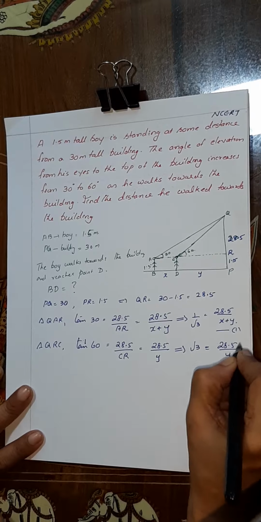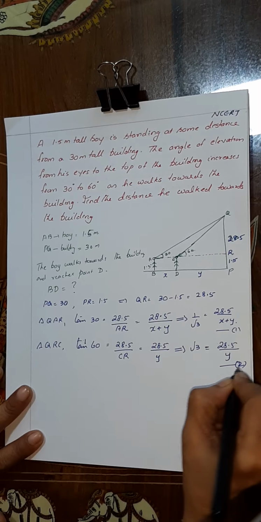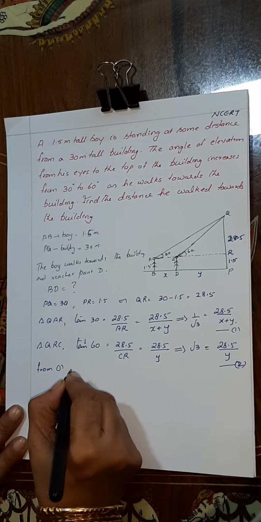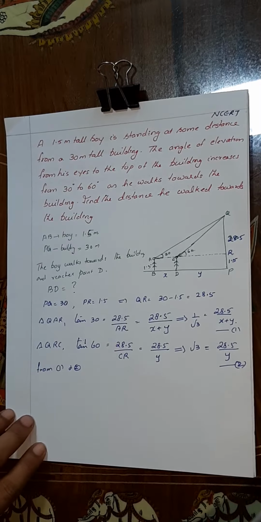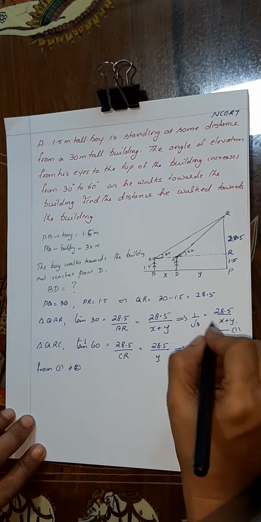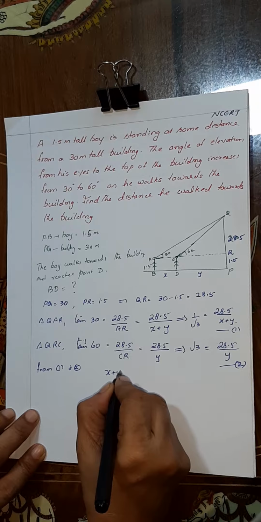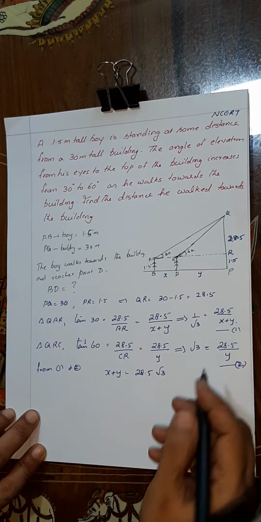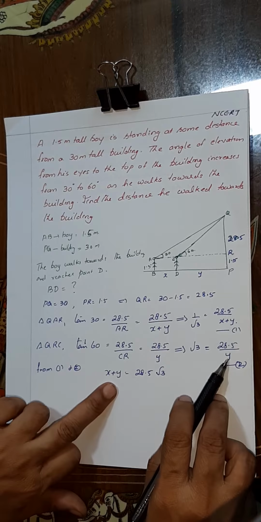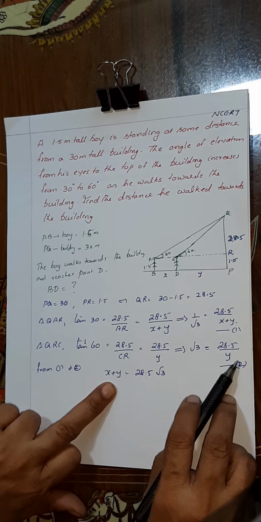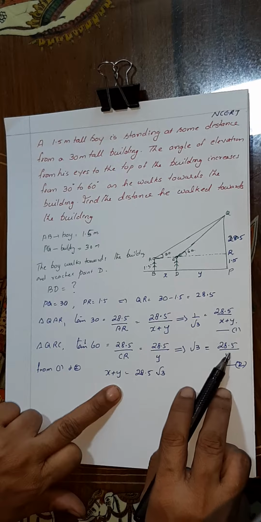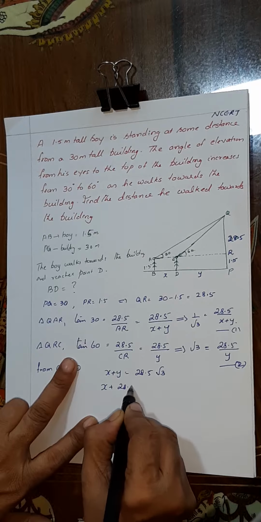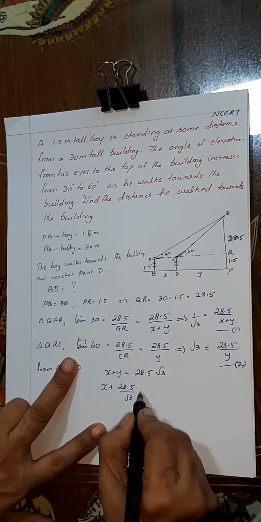So from 1 and 2, x plus y is equal to 28.5 into root 3, and here y is equal to 28.5 by root 3. So x plus 28.5 by root 3 is equal to,